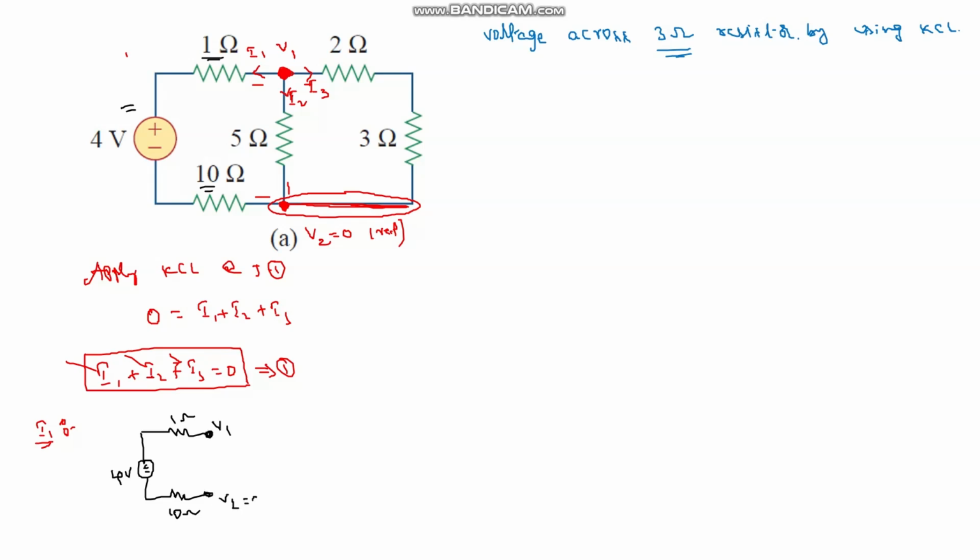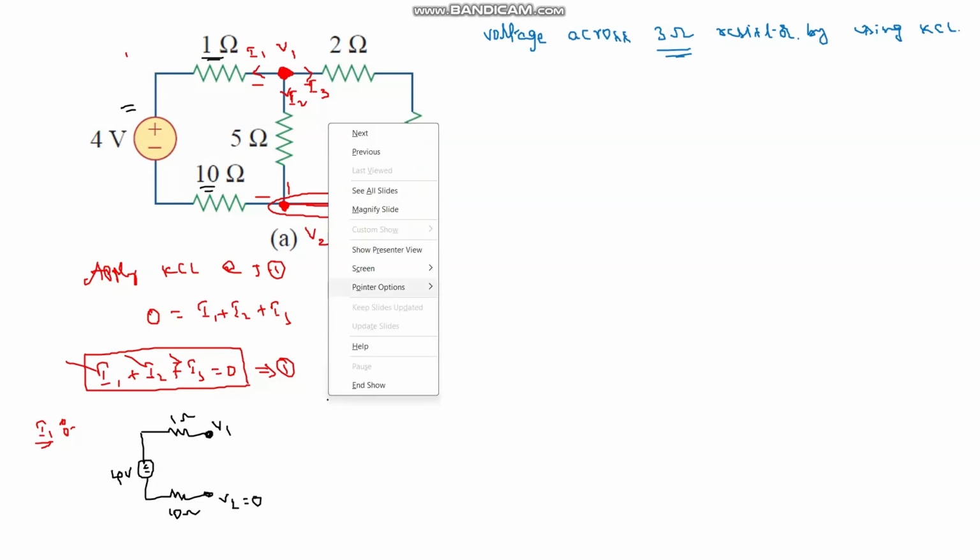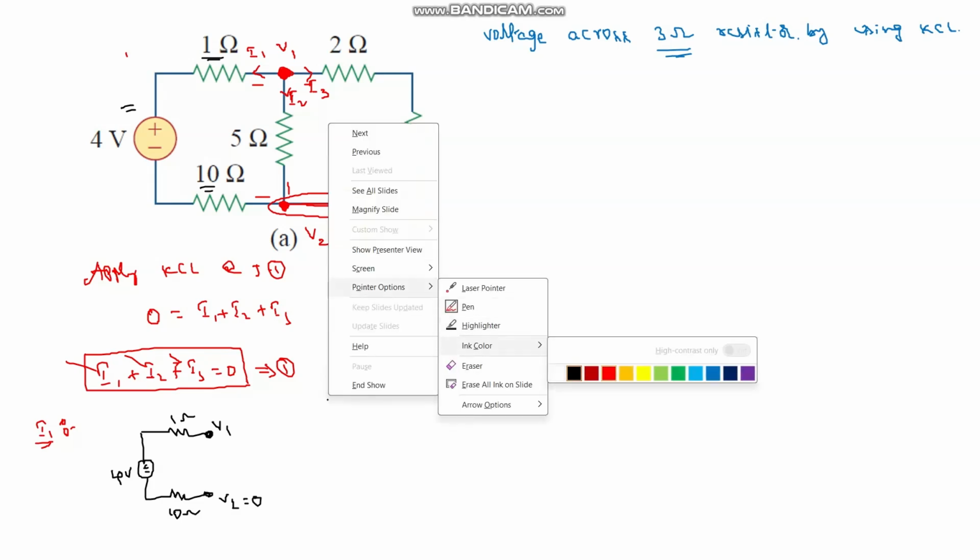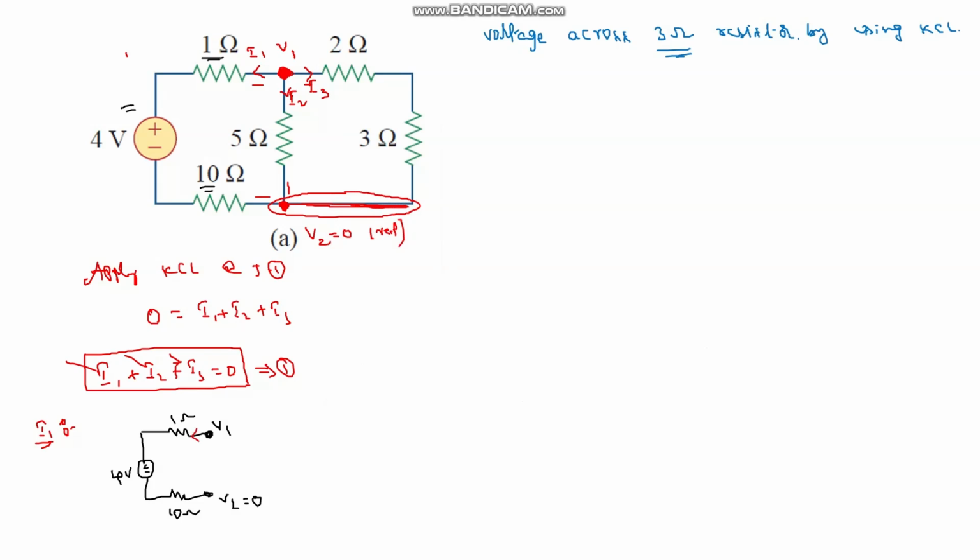The reference voltage is 0. And the current direction in this path is like this. So this is my assumed current I1. Now apply KVL for this loop. If you apply KVL for this loop, you will get